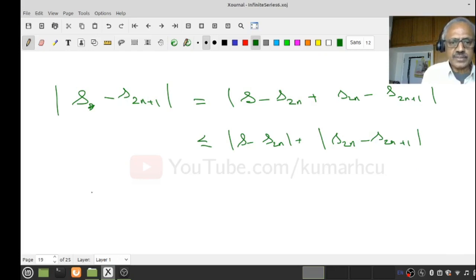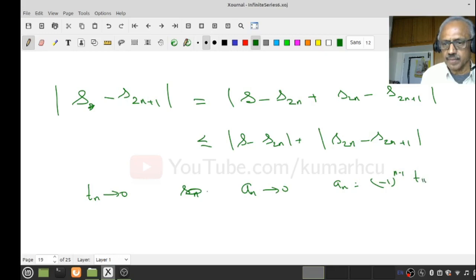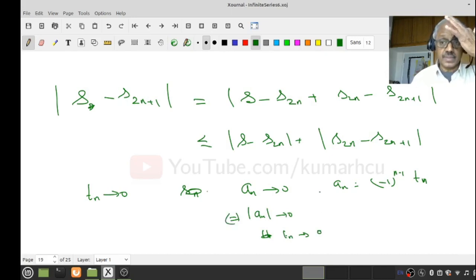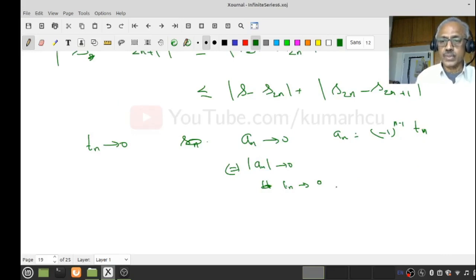Remember, what do I know about Tn? Tn converges to 0. That means the an's also converge to 0, because an is minus 1 to the power n minus 1 times Tn. Remember, an converges to 0 if and only if modulus an converges to 0, but modulus an is nothing other than Tn. Is that okay? Therefore, what do I know? I know that there is an N, so that for all n greater than or equal to capital N, this term